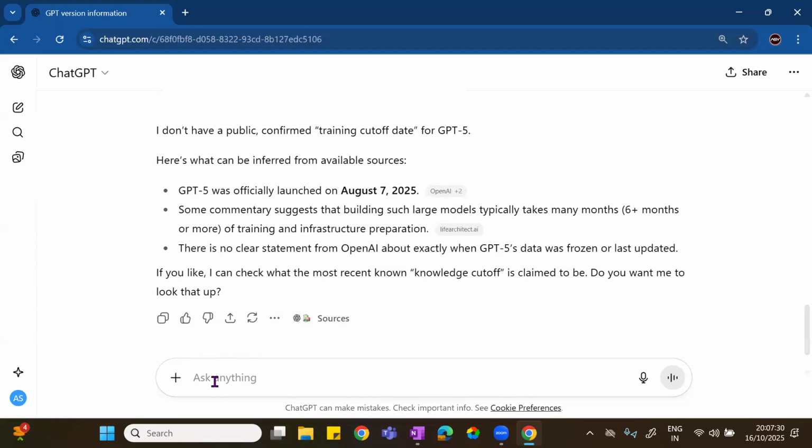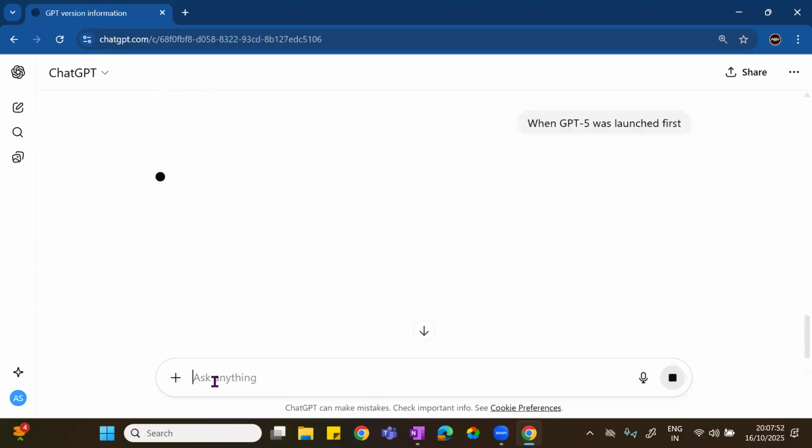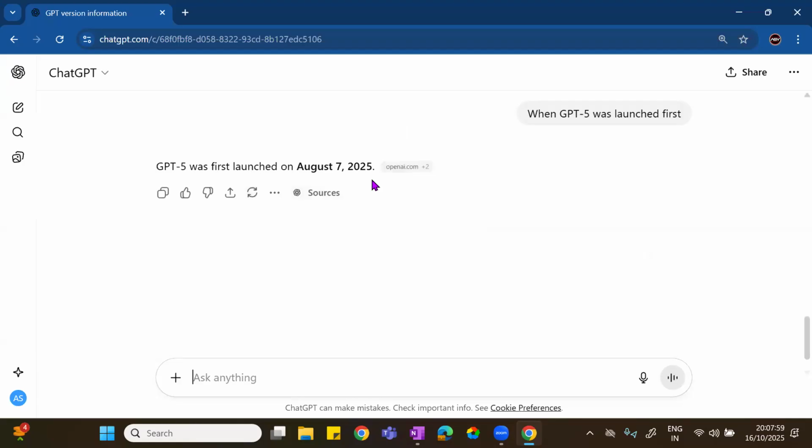Okay, I will say it as, when GPT-5 was launched first. It's saying August 7th, 2025.